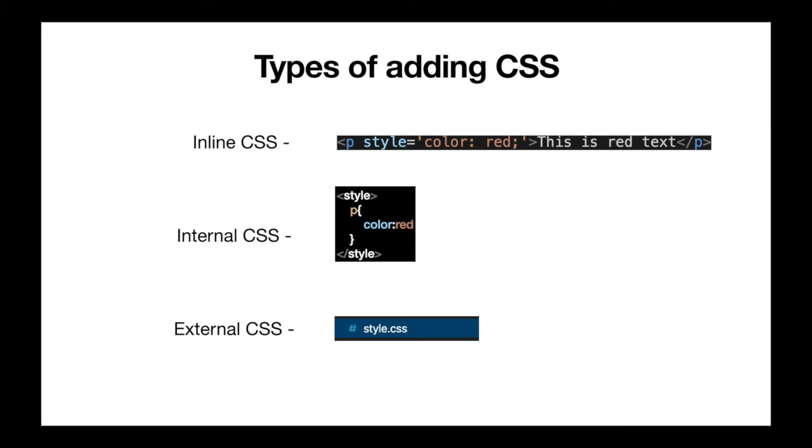So priority wise, we will always try to prefer external CSS, but if our code is simple, we can use internal CSS. We will try to minimize the use of inline CSS, because if you look at any professional developer, he will tell you that they will prefer the internal or external CSS rather than providing inline CSS, because if you want to apply same styling to another tag, it will be a double work for them. And since it's the basic logic in coding that you can tell yourself as a good developer only and only if you are not writing the same code again and again.